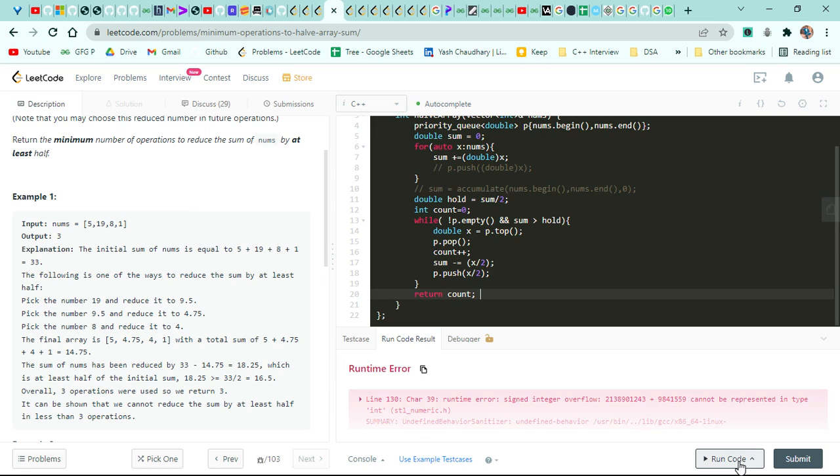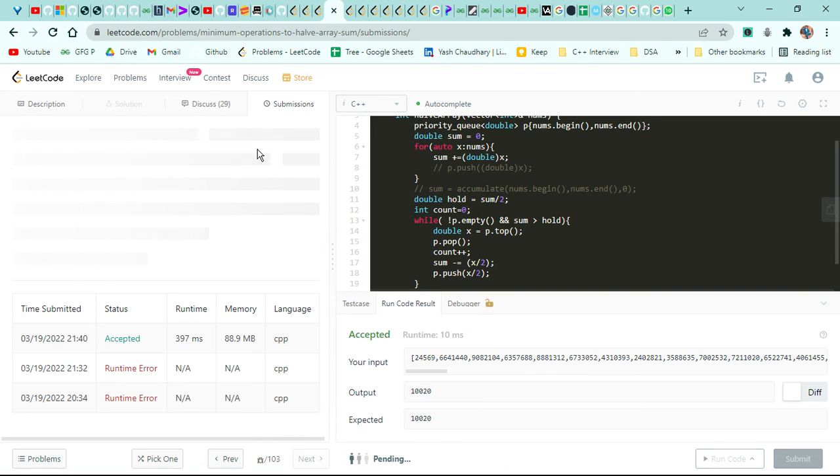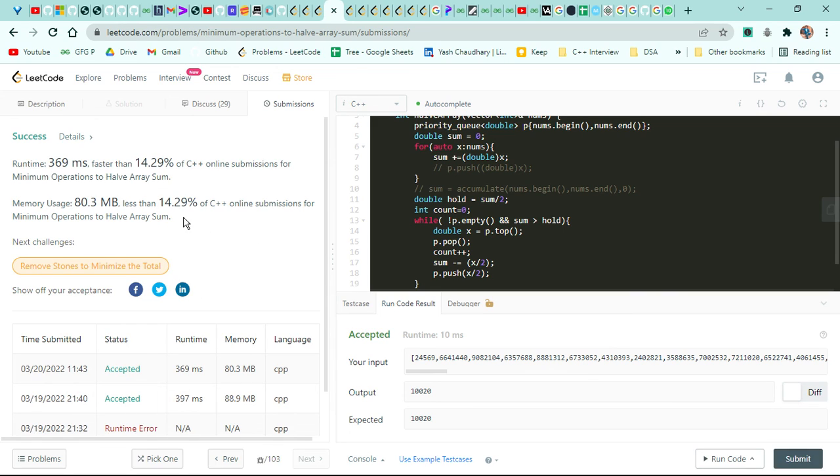So if I just run it now, it will work and it will get submitted also. It's working, but you know the space and time complexity is quite high. So that was it for